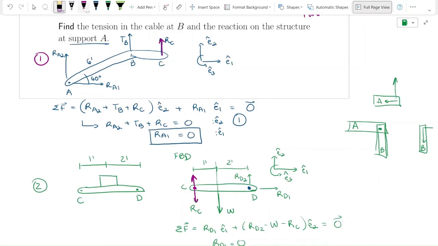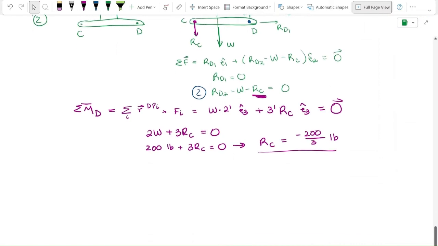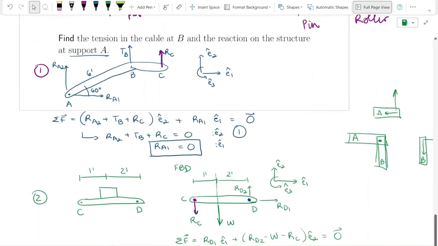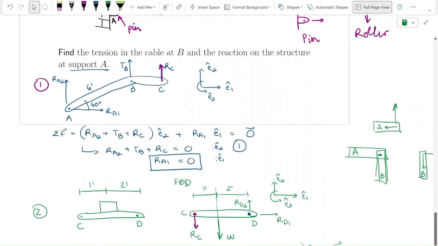So it still works out. That's all the negative sign is telling us, is that the direction is flipped. So now that we know what RC is, we can go back to our first part and we are like, oh, epic. We now have only 2 unknowns in this equation. So we get,